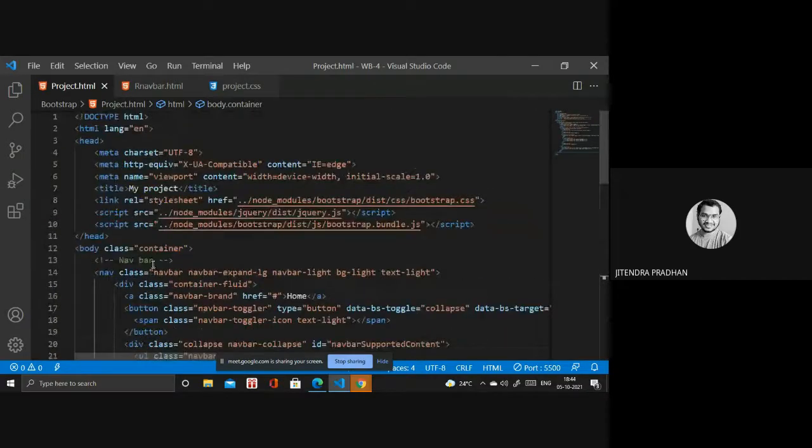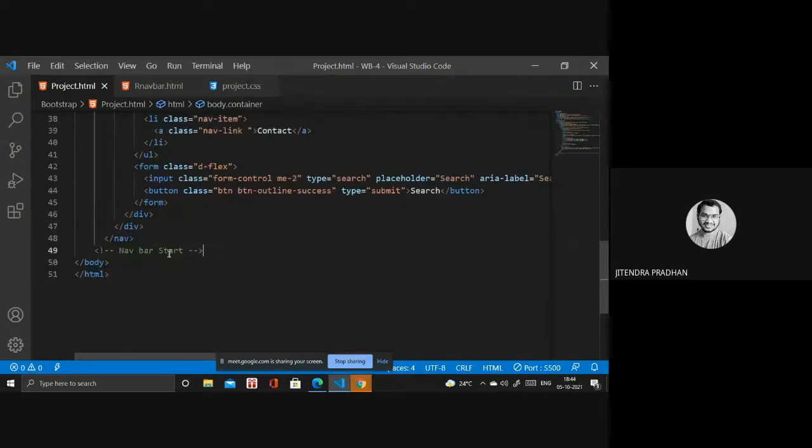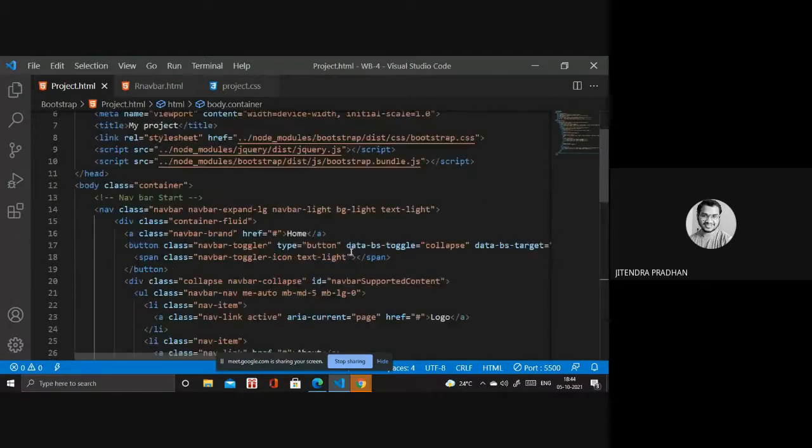Start. You have to use start, and copy that comment and write it. First, we are changing the restaurant name. What restaurant name are we giving?